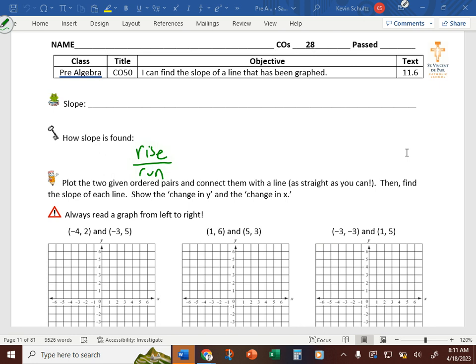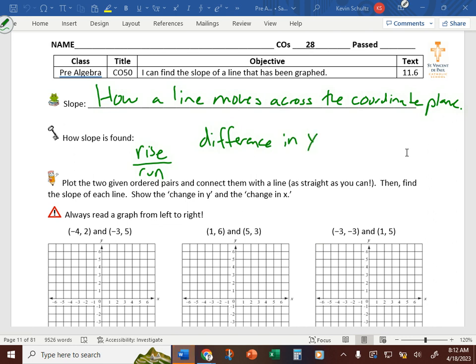Okay. Well, the technical definition of slope is how a line moves across the coordinate plane. Okay. How a line moves across the coordinate plane. And that rise over run, that's kind of a shortened version of what we're looking for, which is the